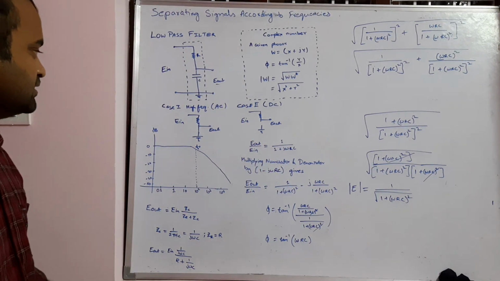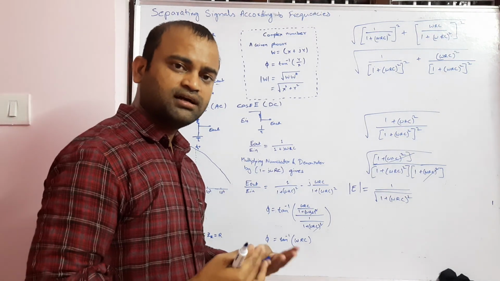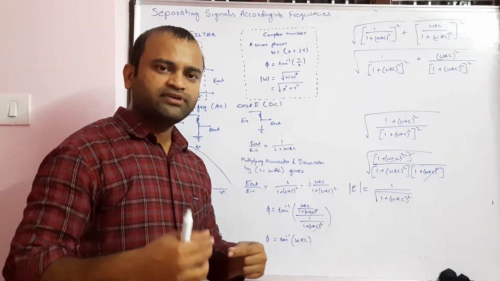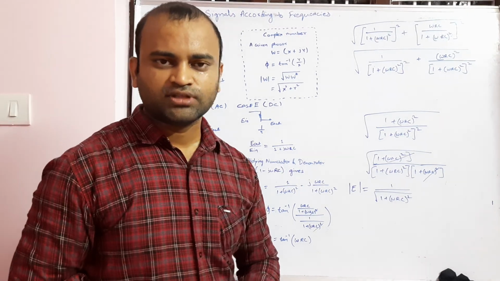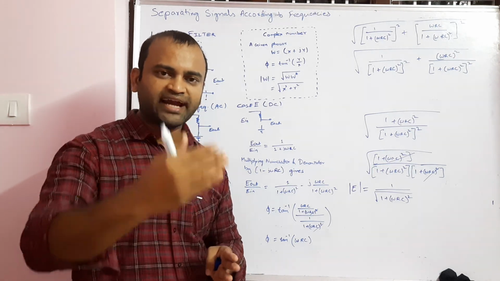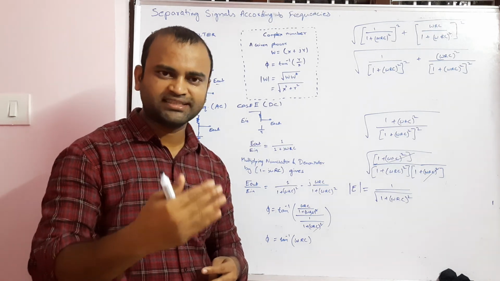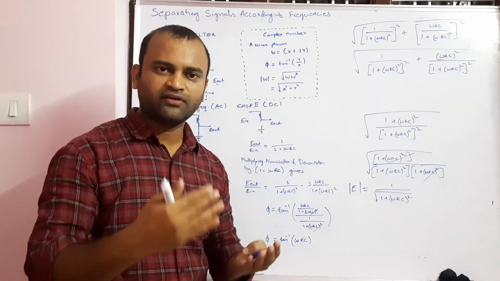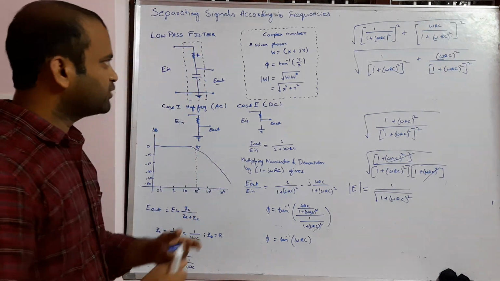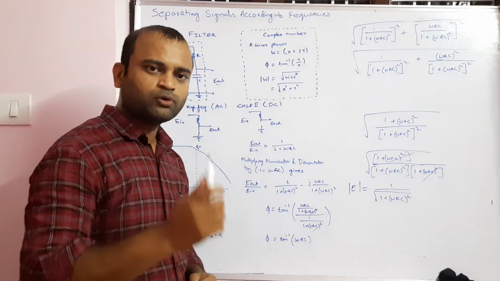Now consider that we are giving an input signal with some frequency, and we have to design an RC filter such that it will allow only the frequency range up to that cutoff frequency, and it will not allow a signal which has a frequency more than that. It will be more clear with some calculations. Before that, let us remember one more concept.